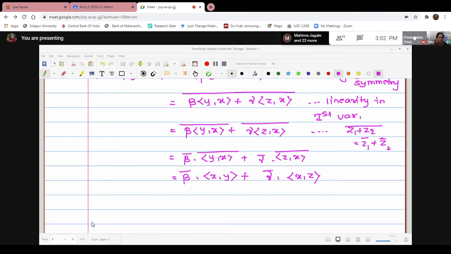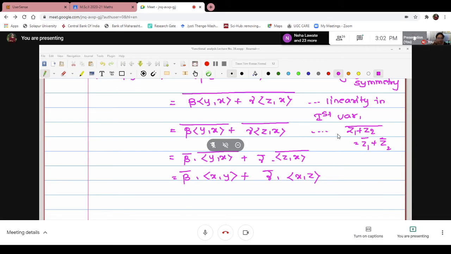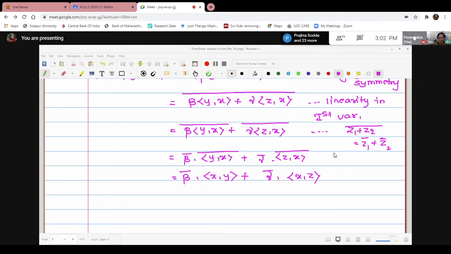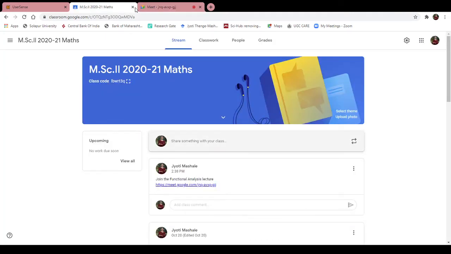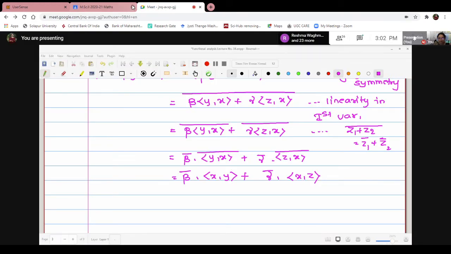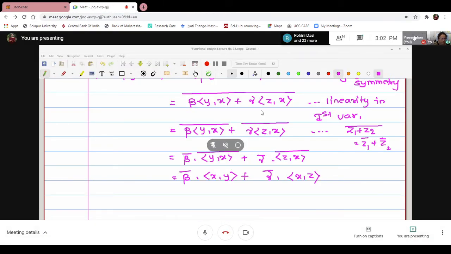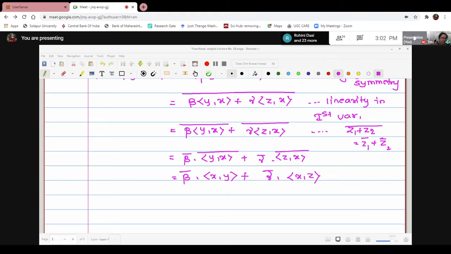Is the screen clearly seen right now? Because today I am taking this trial on Google Meet and we are recording the lecture simultaneously. Therefore, if there is any problem with my screen, please tell me. No, ma'am, no problem. Visible, yes ma'am. Okay, because generally we are doing it on Zoom, but for Zoom there is a limitation of 40 minutes only. Therefore today I am making a trial, taking a lecture on Google Meet and recording as well. Okay, coming back again.